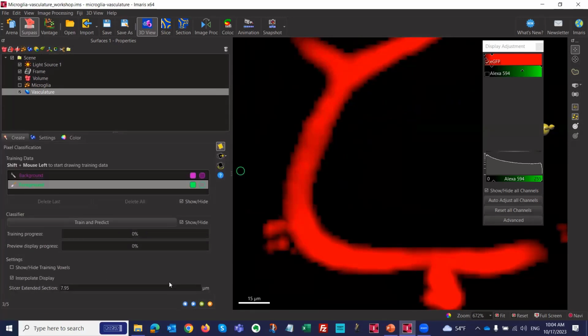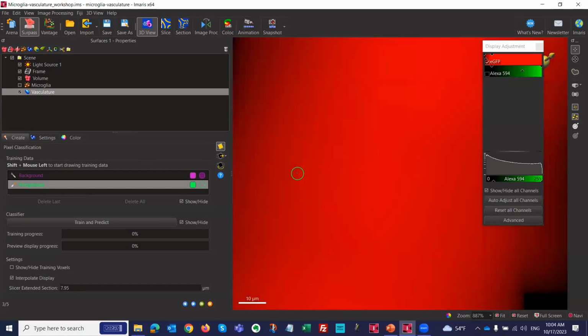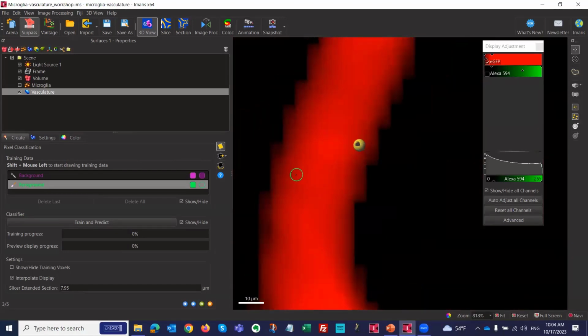It's still a beta, so things may not be perfect yet. Basically, we say what is foreground and what is background. So we zoom in here. For pixel classification, a good thing to do is to look at your actual pixels and not interpolate. Remember, we can go to preferences and check off interpolation; it's integrated right here in the wizard, so you